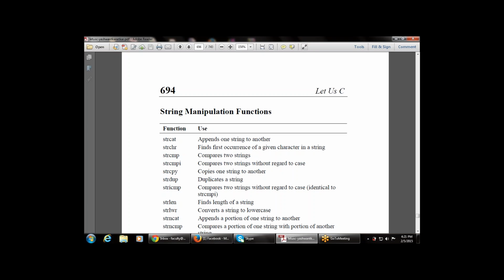Then strcpy, that copies one string into another string, then strdup, that duplicates a string, then stricmp, that compares two strings without regard to the case, that is stricmp, which is used for comparison but without regard to the case, whether it may be in uppercase or in lowercase. Then strlen, that is used to find the length of the string,